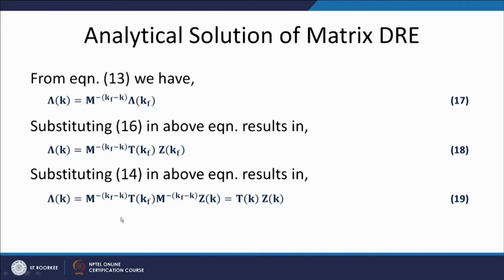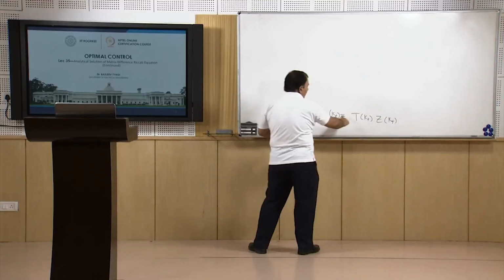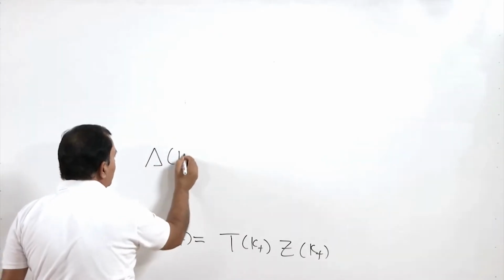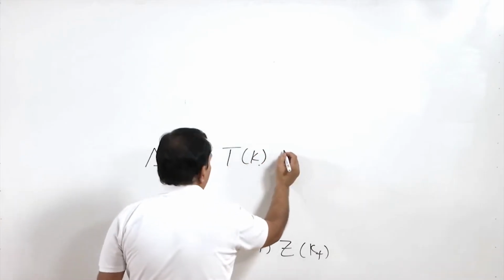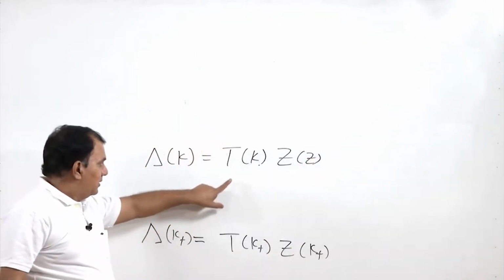So, by this transformation what actually we are getting? We are getting a relation between del(k) and z(k). So, this whole m to the power minus k T(kf) m to the power minus k, this whole we are using as T(k). By the first relation we have shown that del(kf) is T(kf) z(kf), and by this new relation we are showing del(k) as T(k) z(k),